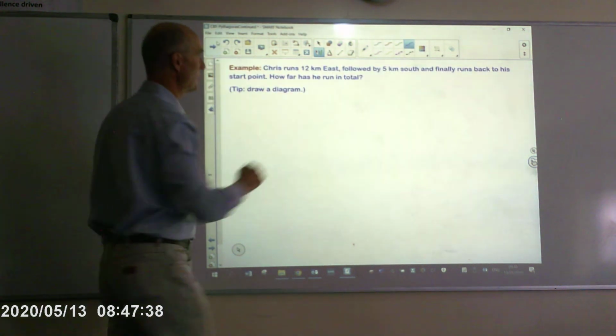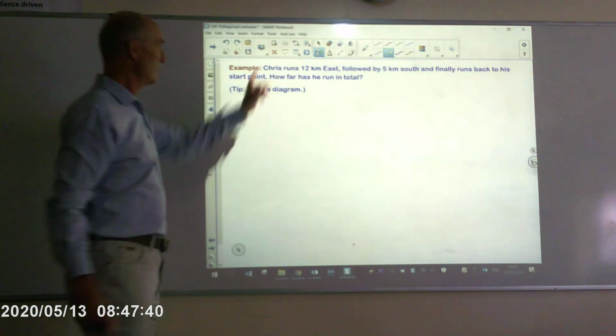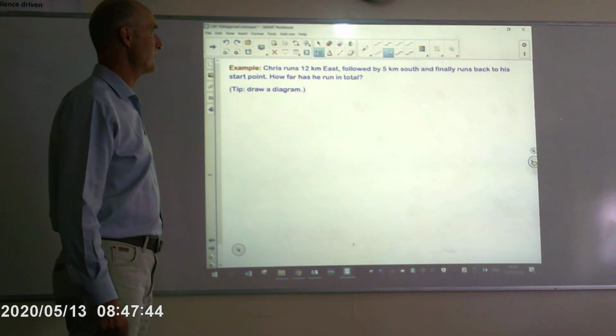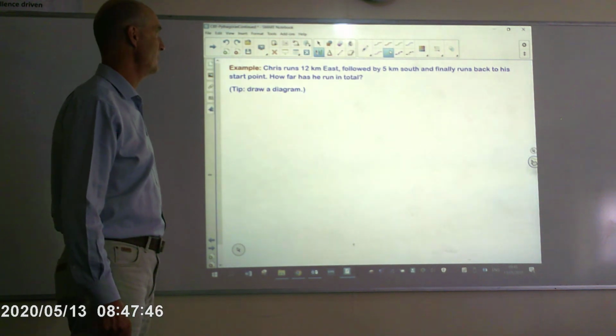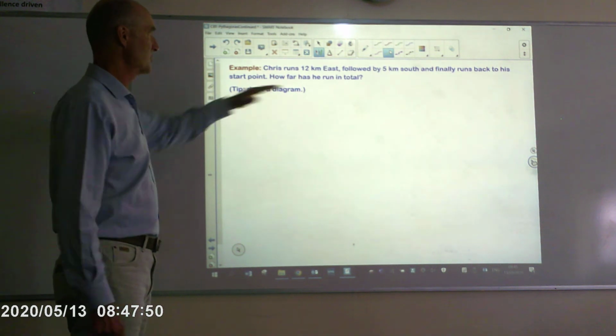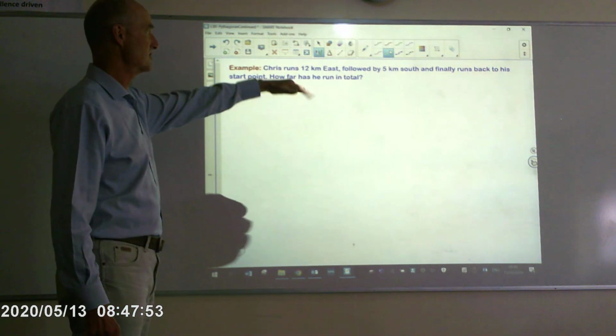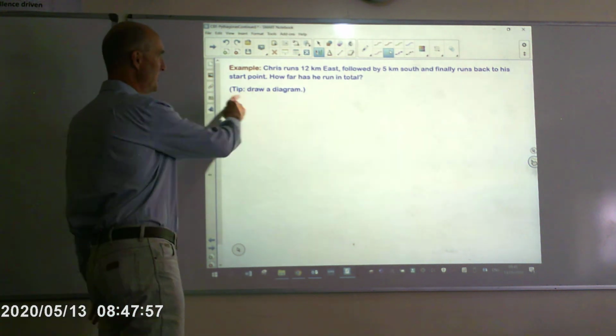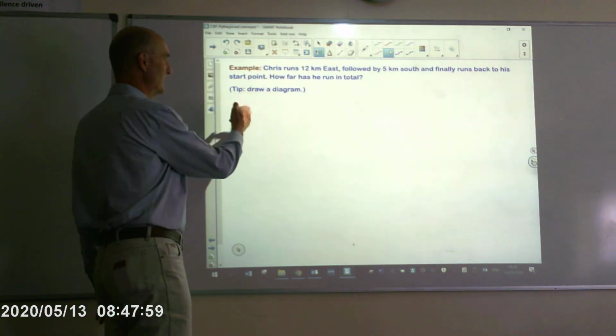Another worded type question. Chris runs 12 kilometres east, followed by 5 kilometres south, and finally runs back to his start point. How far has he run in total? He's gone 12 kilometres east, he's gone 5 kilometres south, and gone back to the start point. Tip, draw a diagram. So starting from here,